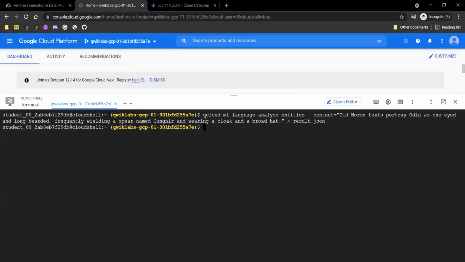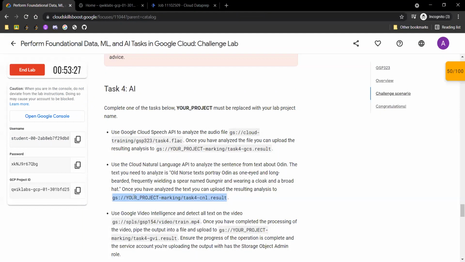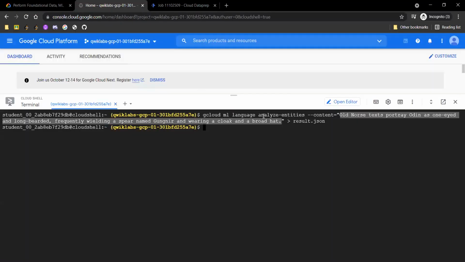For that, we just run this command, gcloud ml language analyze-entities, and this is the content we have provided. Since we have to use the Cloud Natural Language API, we have used gcloud ml language analyze-entities.